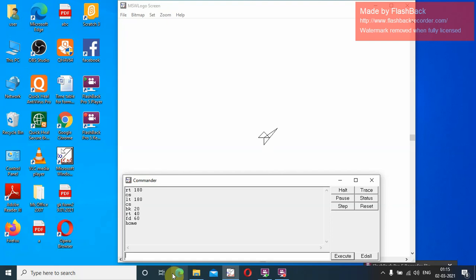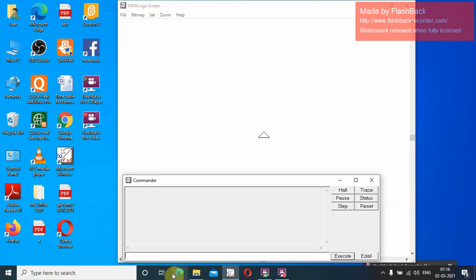So this is the use of home command. Okay. CS enter CT. So now see, till now what we have done: FD, BK, CS, CT, RT, LT. Okay, fine. And home command.